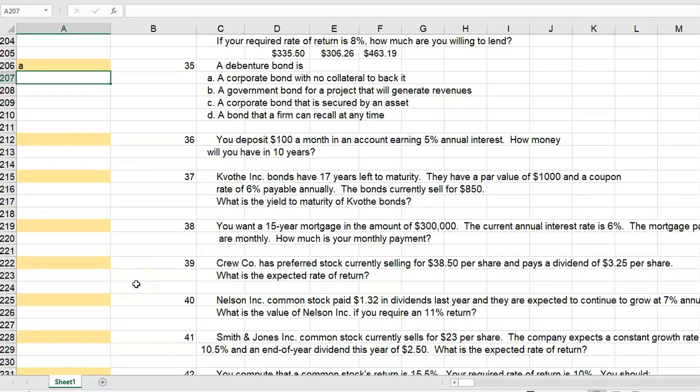All right. You deposited $100 a month. We're almost there. $100 a month in an account earning 5%. How much money will you have in 10 years? Simple future value. Equals future value of the rate. Now I'm going to keep deposits. So now I'm going to want a payment. Number of periods, 10 years. And the payment is minus $100 because I'm putting it in. And I'll have